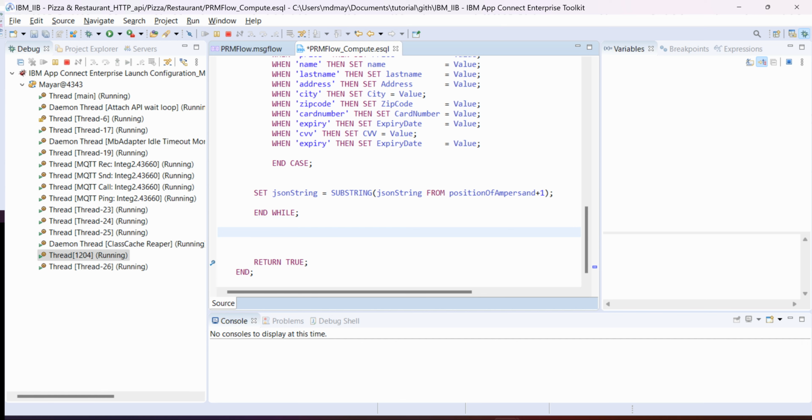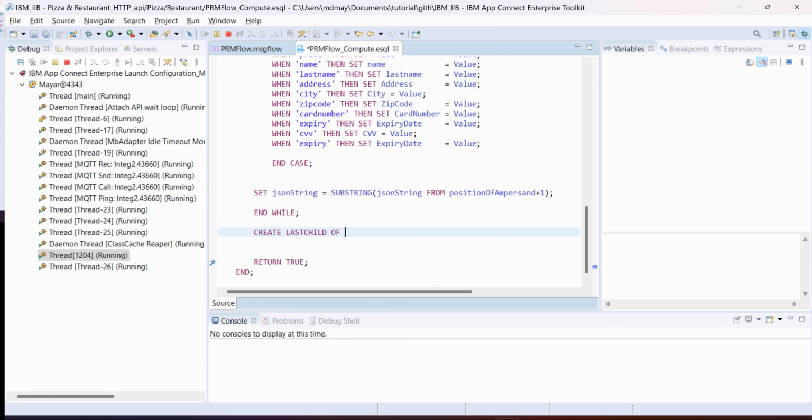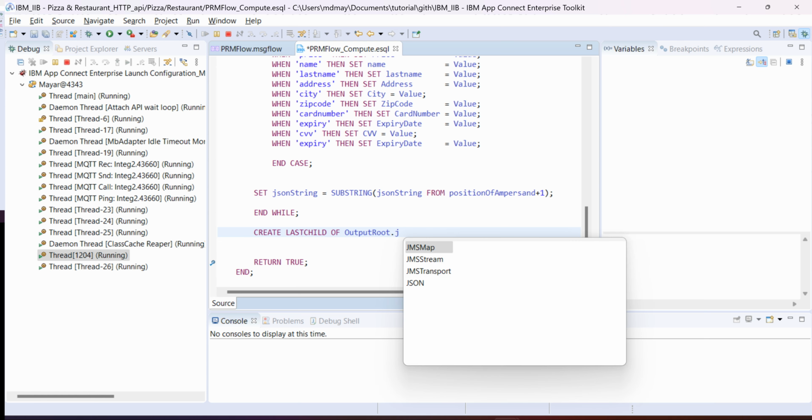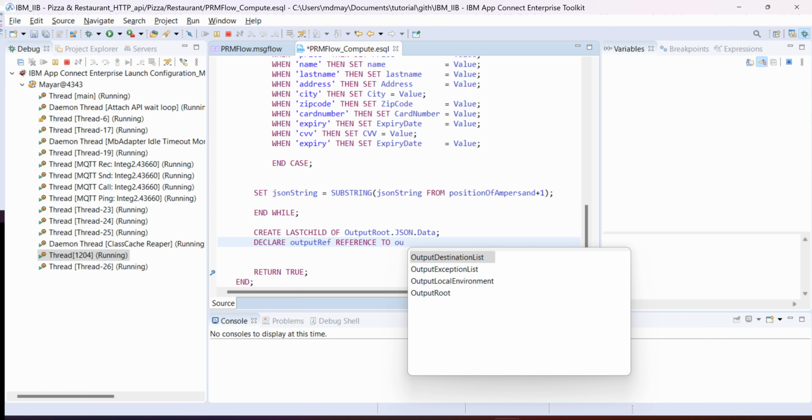Let's create a last child, because we're creating the output message right now, and I want to create it as JSON, because the REST service I want to talk with is JSON. That's why I'm using JSON. Let me declare the output reference, outputRef. You could give any name, but I kind of like this name, because when you give a reference, you're assigning the location of this one right here,